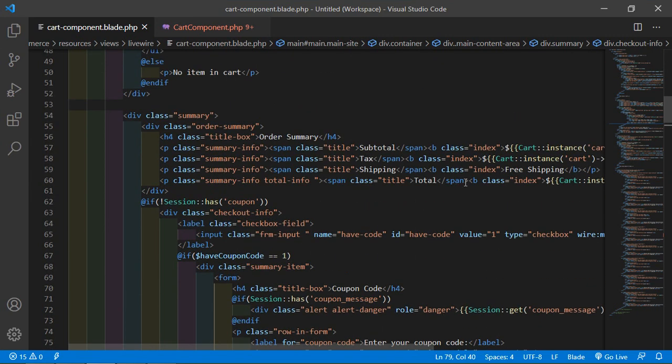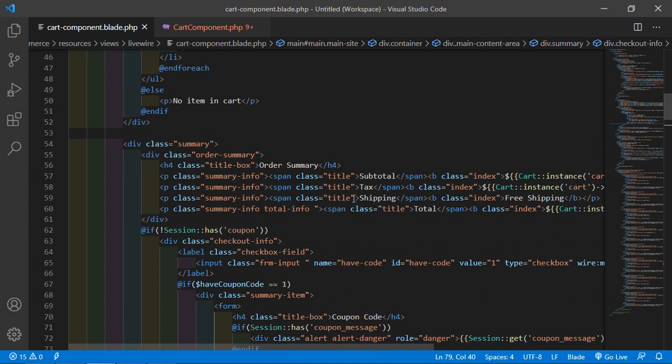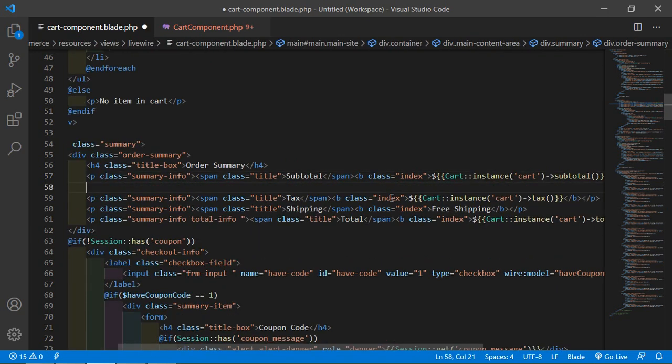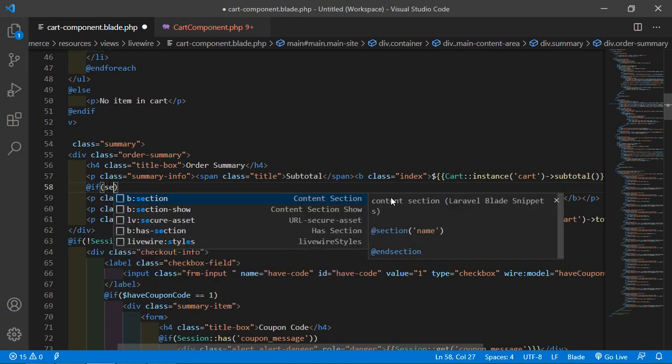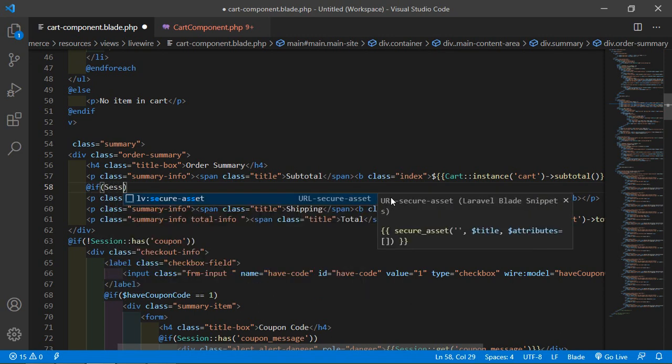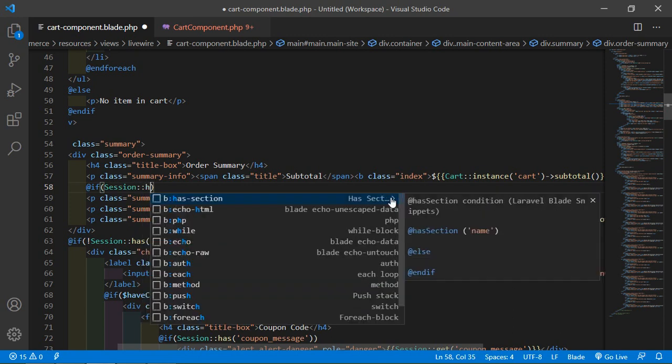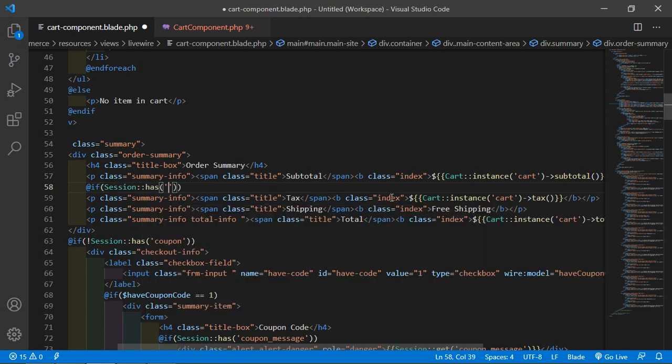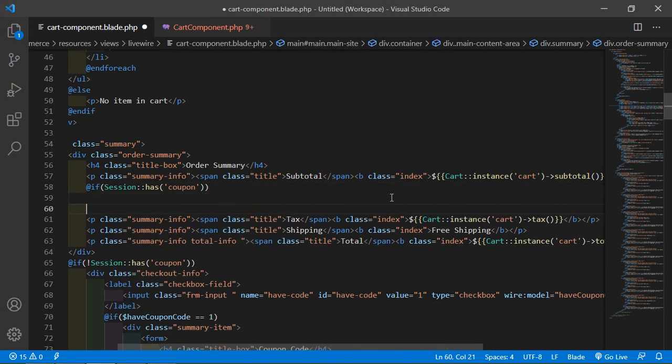All right, now display here the discount, subtotal with discount and total with discount. So inside this order summary div, after this subtotal, let's add here if session has coupon key coupon. Okay, and after this close here an endif,